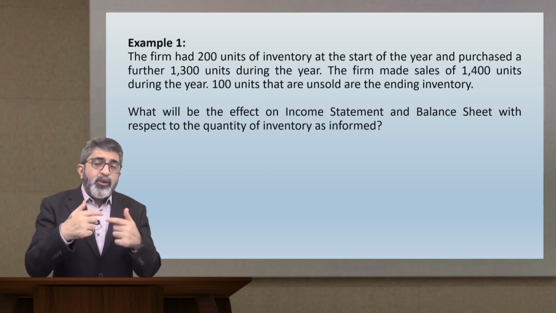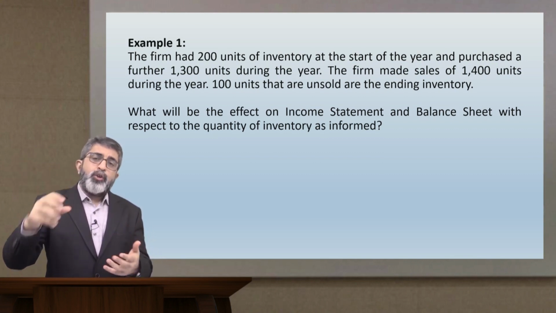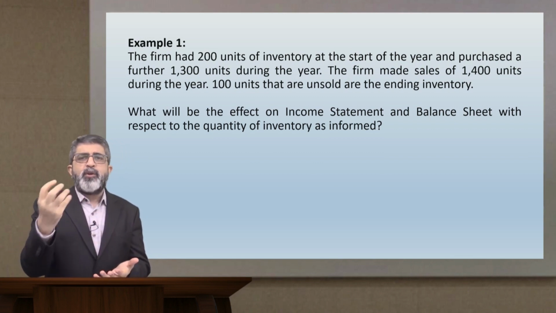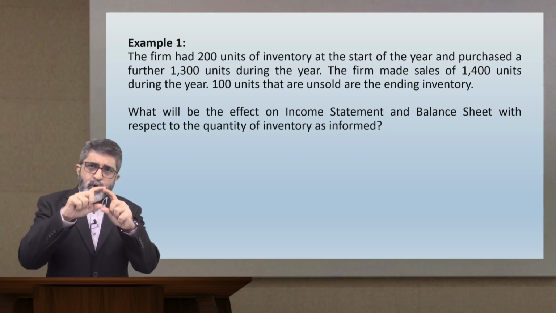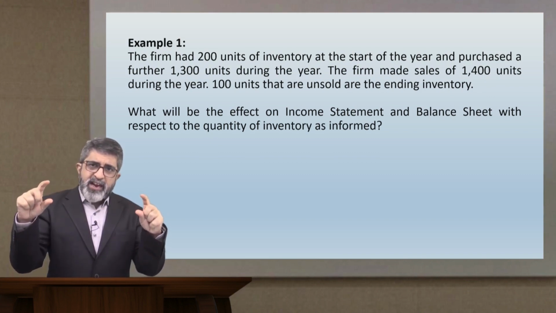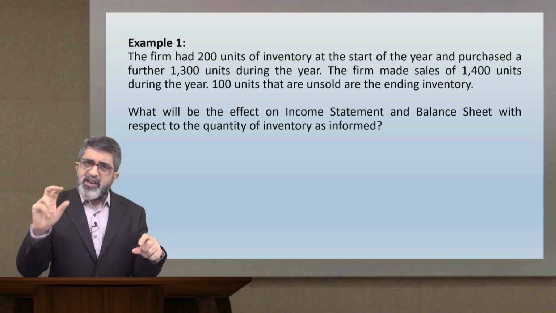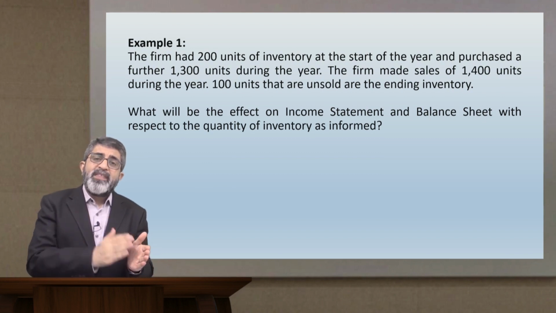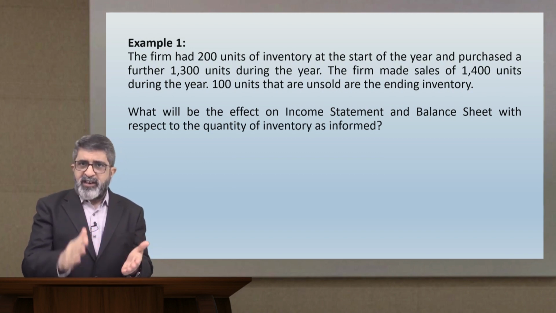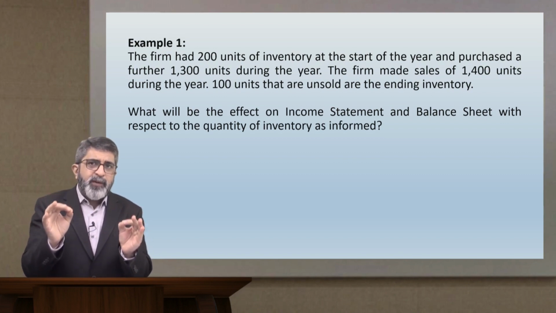So when you record the sale, it will be with respect to 1,400 units. So cost of goods sold should also be for 1,400 units. So how do you do that? You will arrive at opening inventory, that is inventory at the beginning, 200 units. Fresh purchases made, 1,300 units. Total quantity available for sale will be 1,500 units, that is 200 plus 1,300. Out of these 1,500 units,